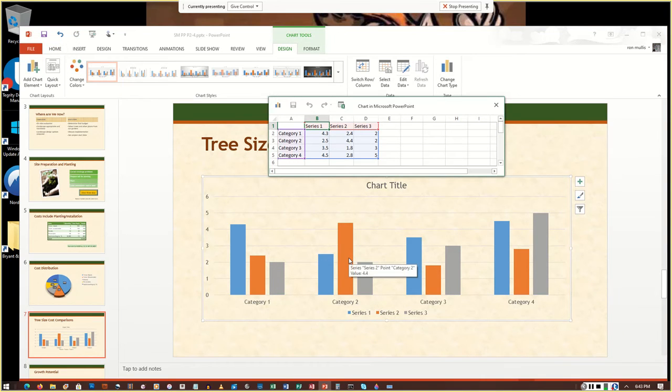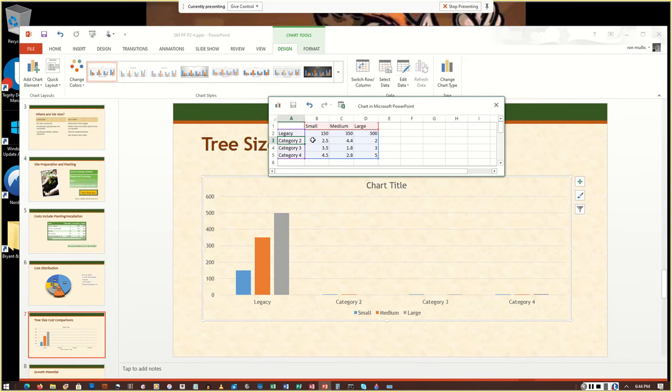6C says replace the spreadsheet data with the following data. All right, I'm going to enter all of that data in here. Willow Oak. Just as it did with the pie chart, as I'm typing in the information in the spreadsheet, you see a change in the chart. 200, 375, 500,